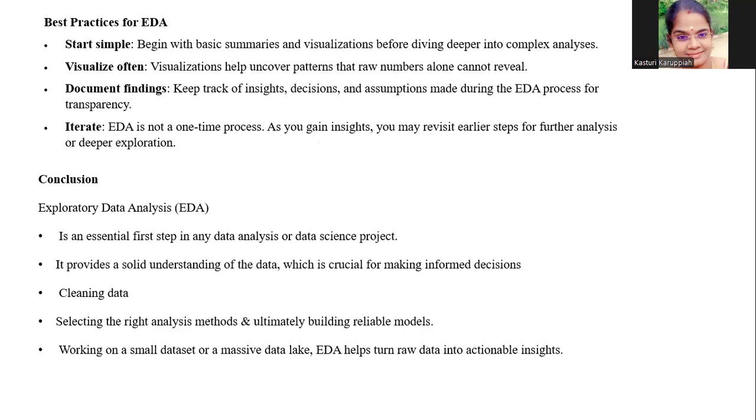At last, we can conclude that EDA is an essential first step in any data analysis or data science project. It provides a solid understanding of the data, which is crucial for making informed decisions, cleaning data, selecting the right analysis methods, and ultimately building reliable models. Whether working on small or massive data, it doesn't matter, EDA helps turn raw data into